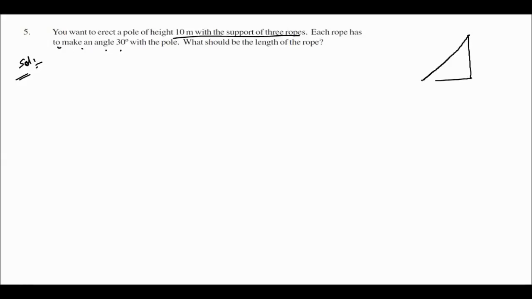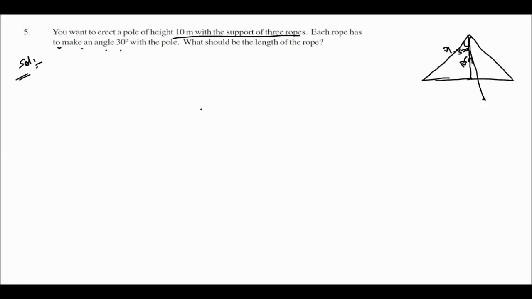So first rope I will take like this, and second rope I will take like this. Okay, and third rope I will take like this here. So I am giving 3 ropes. So height is how much? 10 centimeters height. So angle is how much here? 30 degrees. 30 degrees angle. So the hypotenuse here we think as x.